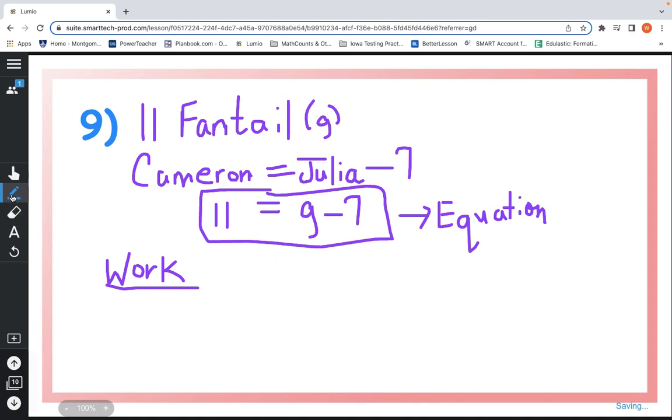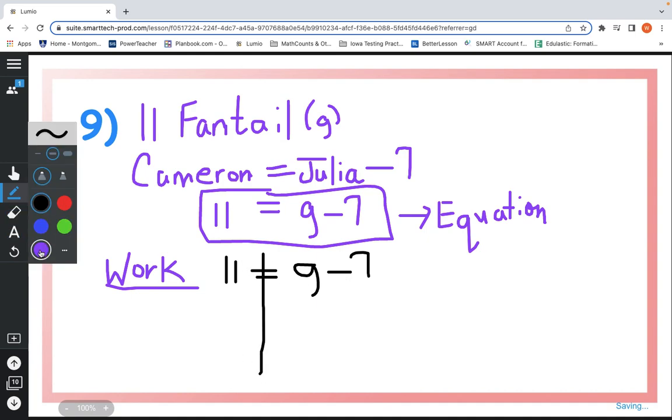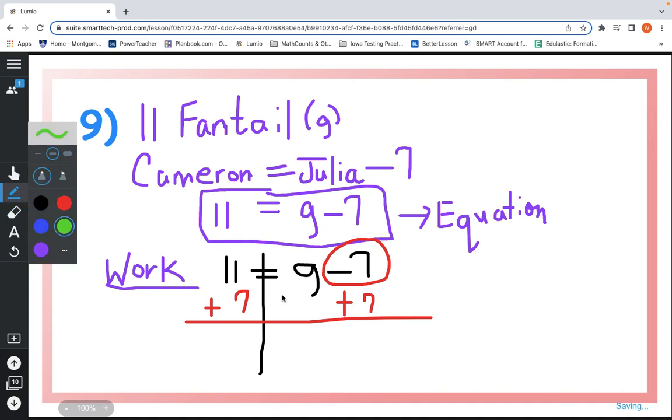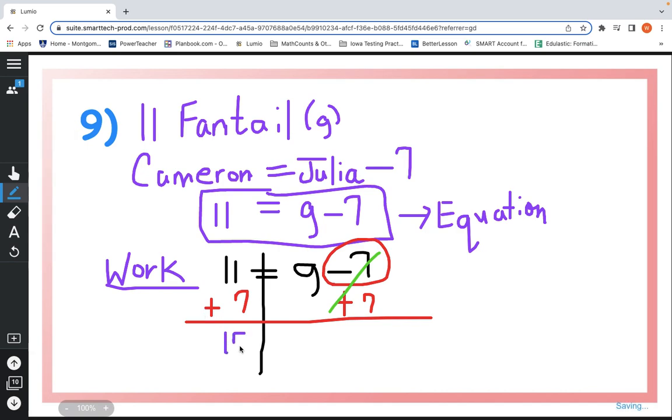So remember, we have an understood line that's drawn here. So I'm going to start with 11 equals G minus 7. And I know my line's drawn right here at the equal sign. Okay, so this is a one-step problem. I need to get rid of the 7 so the G's by itself. But I remember there's a minus sign in front of it, so I'm going to add 7 to both sides. So, of course, 7 minus 7 is 0, so it cancels out. And 11 plus 7 is 18, and that's what equals G. So, therefore, for our solution,